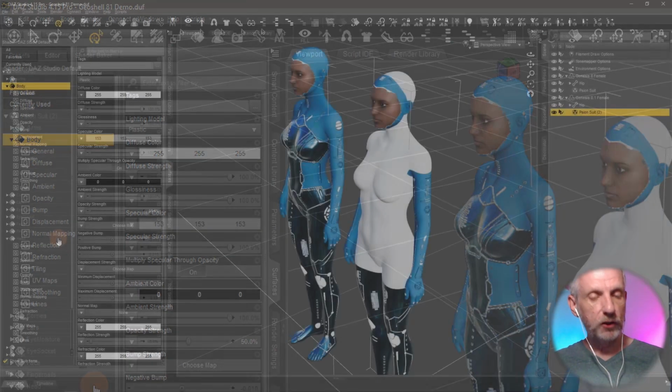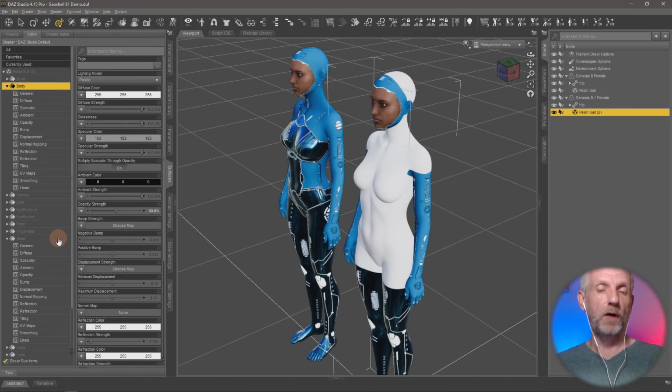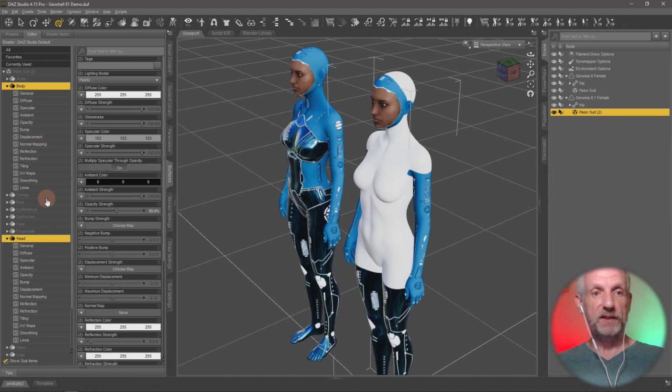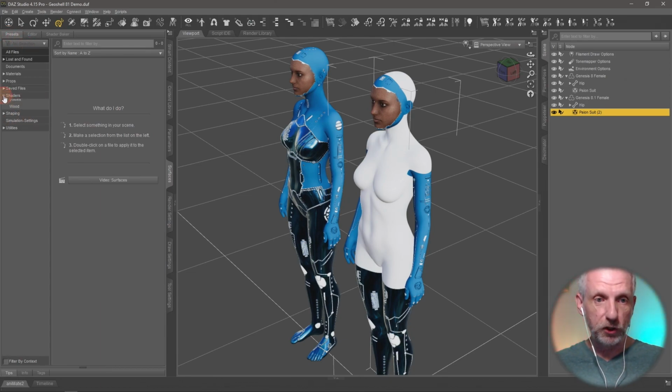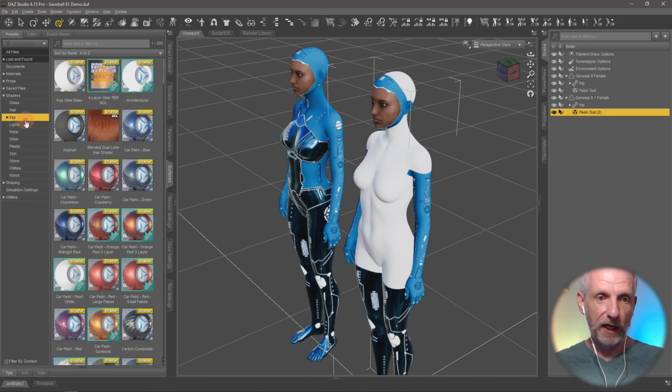So we need to go and make sure these things are being converted into Iray properties first. Otherwise our Iray material isn't going to work on it. So what we'll do then is click on the body and then control click on the head so that they're both selected. And then we head over to presets, into the shaders category, into the Iray category,